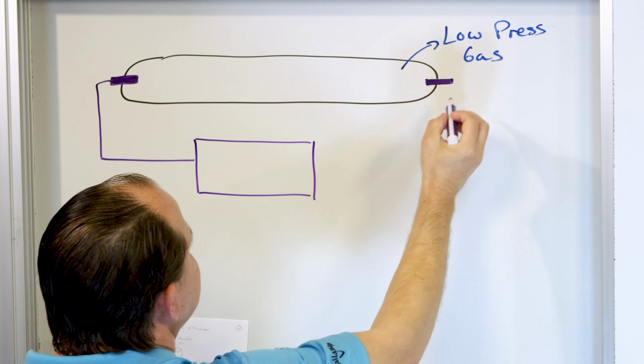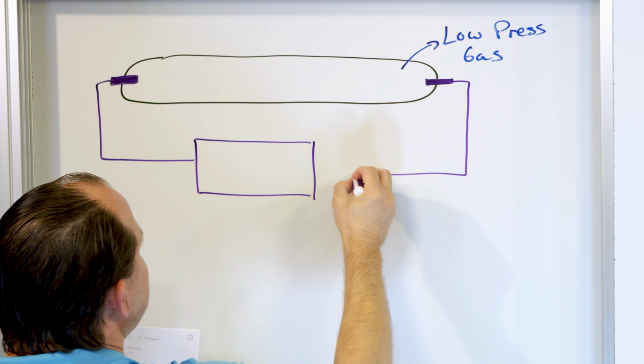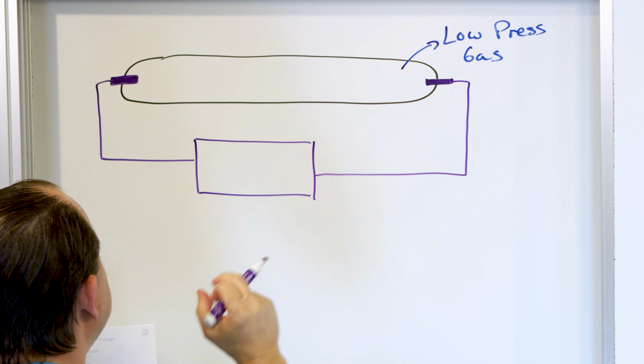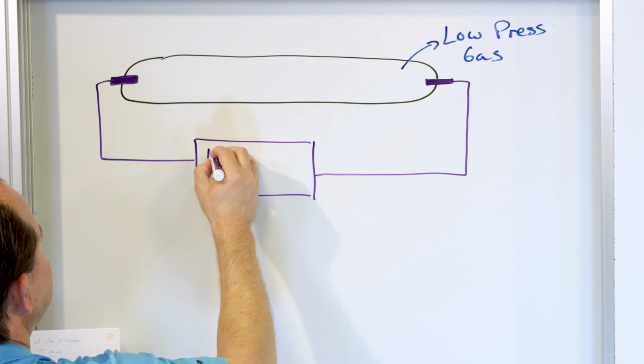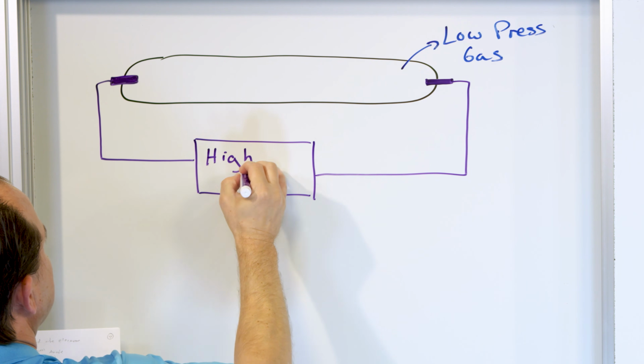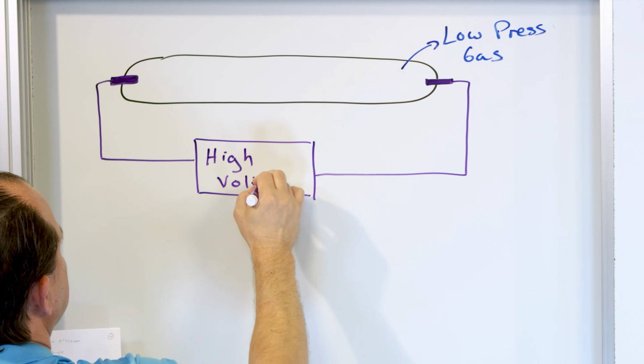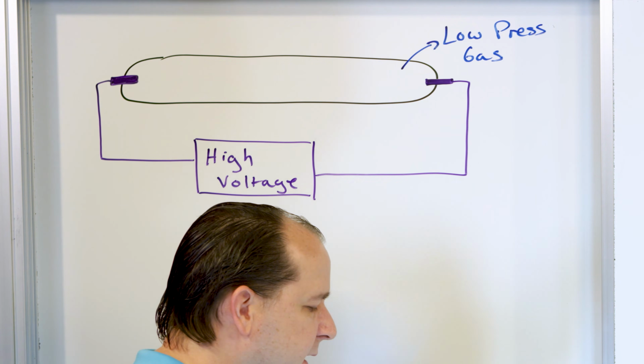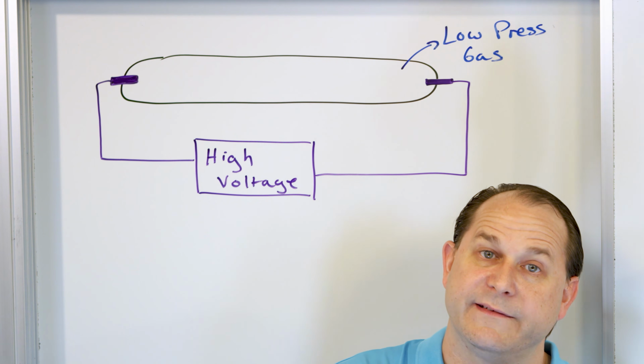Now, I'm not going to go into the details of exactly how they generated the high voltage source, or if it was alternating current or direct current or how much. All we want to say is that this was high voltage, right? And when you have a voltage source, you always have a positive terminal and a